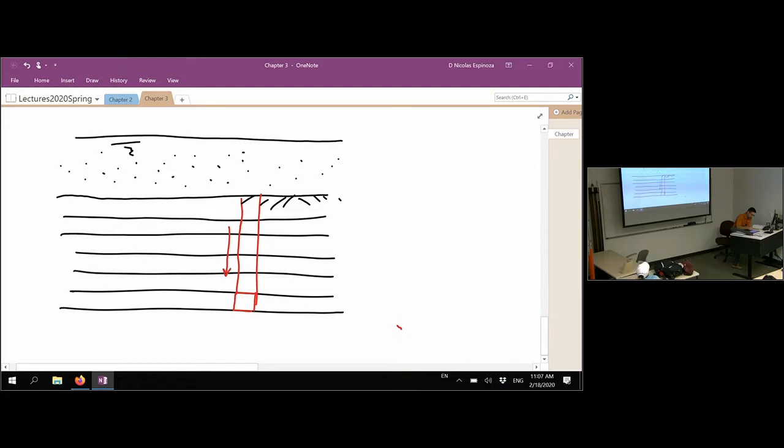All right, there we go. So all this material is just going to go straight to the bottom, which means that it's not going to deform in the horizontal direction. If I had, for example, a piece of rock that at time equal to 0 was here, probably when it gets to the bottom